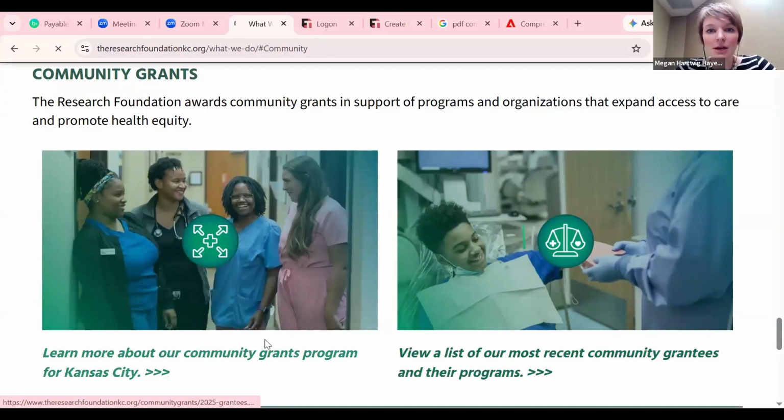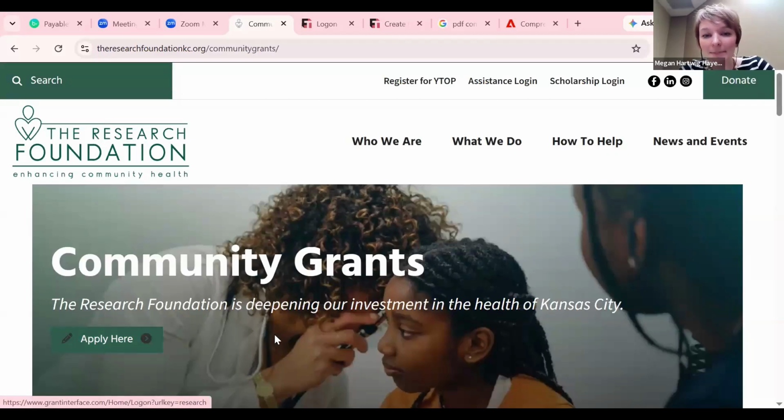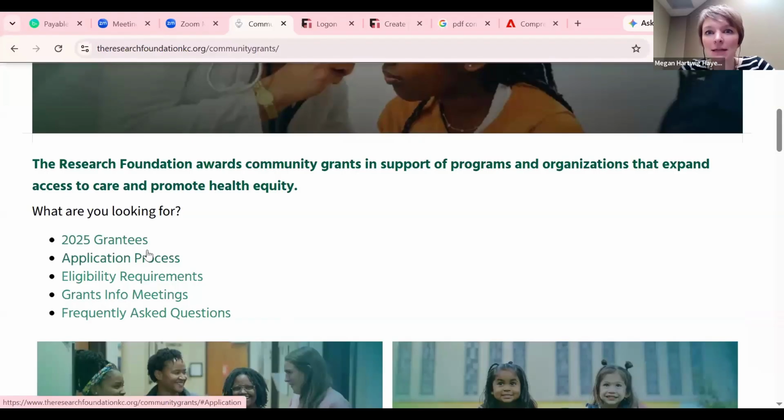So on our community grants page, you'll see right here, this is very exciting, the apply here button's right here on the top. You don't even have to scroll, it's above the fold. So you can click this button, it'll take you directly to the application here. And then as we scroll down on the page, there's lots of useful information on this website, including who received